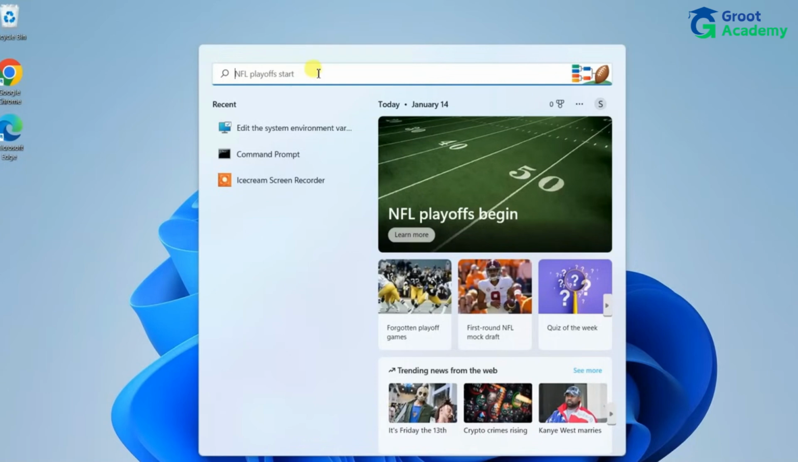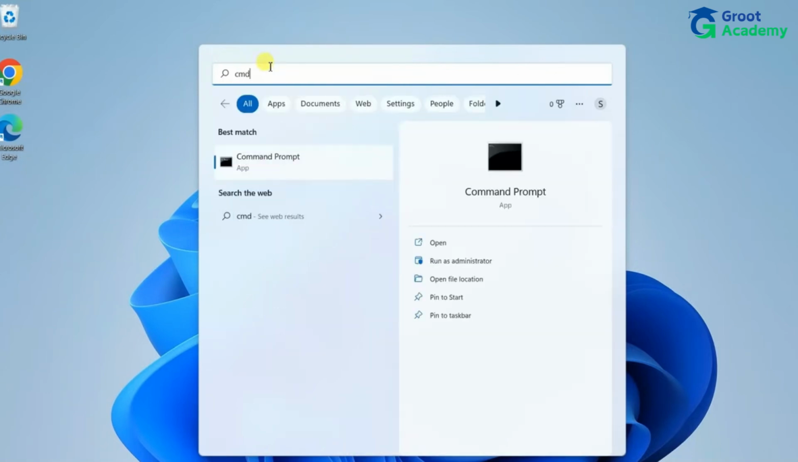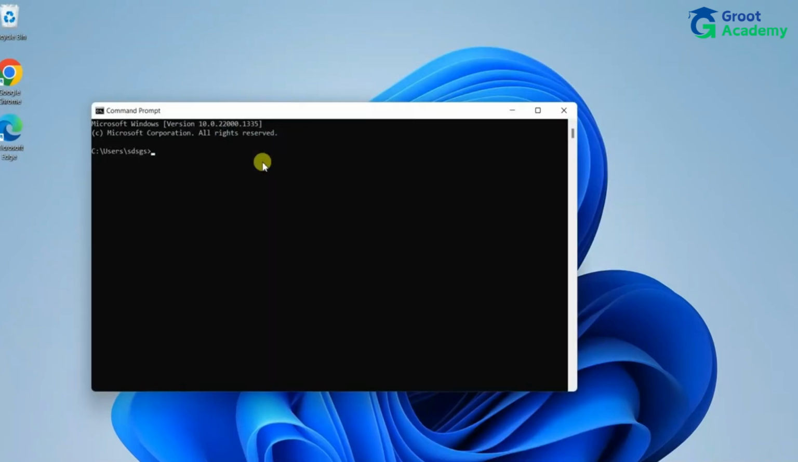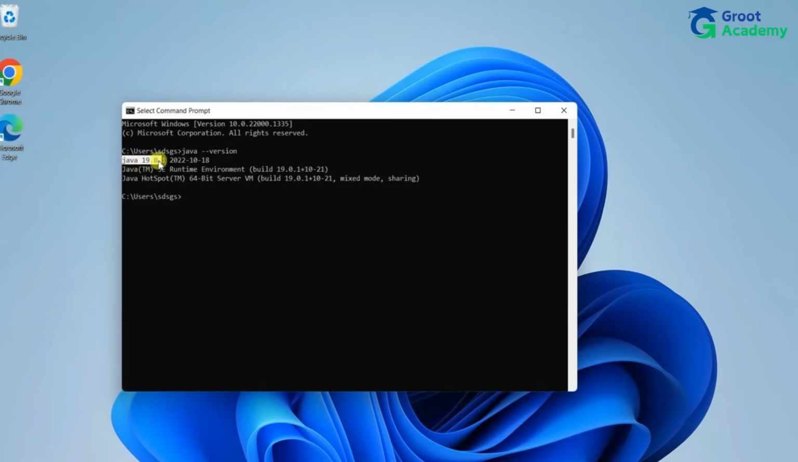Let's verify whether it installed properly or not. Click on the search icon, type cmd, and click on command prompt. This will open our command prompt, and here just type java space dash dash version and hit enter, and you can see the latest version of Java, that is Java 19.2.1, is rightly shown. If you get this similar message,